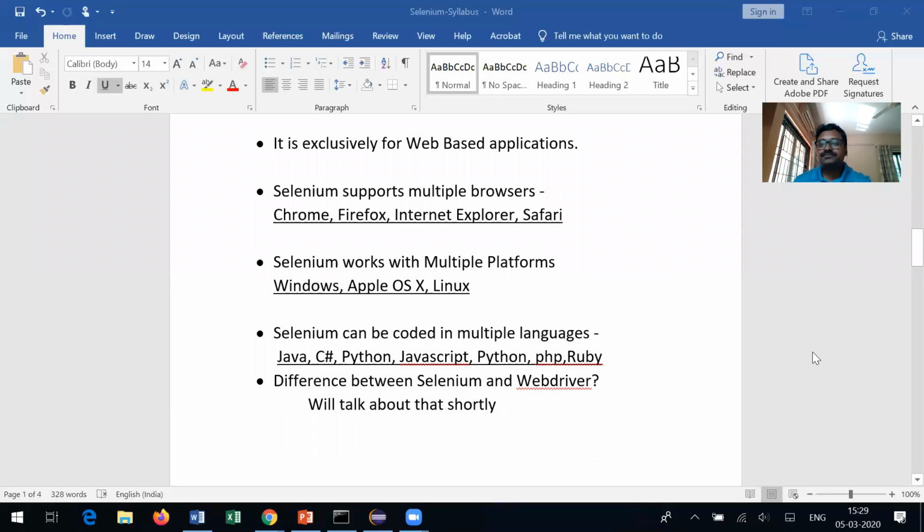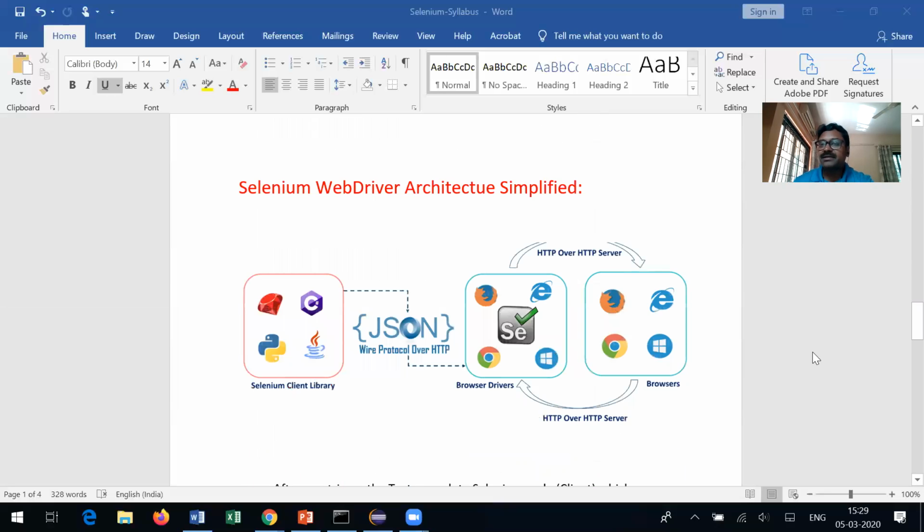So let's talk about the architecture of Selenium. Basically, as you can see in the diagram here, we need an editor to write the programming on the client side, which is nothing but our system. So we can choose to write in Java, Python, Ruby, or C Sharp, any of the supported programming languages.